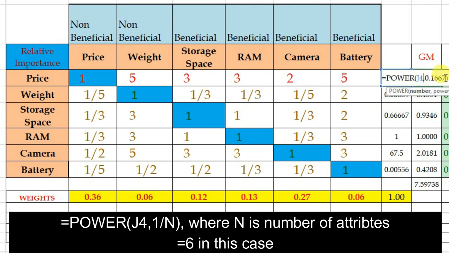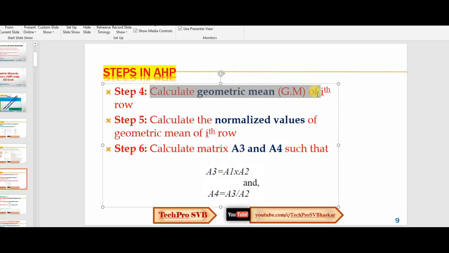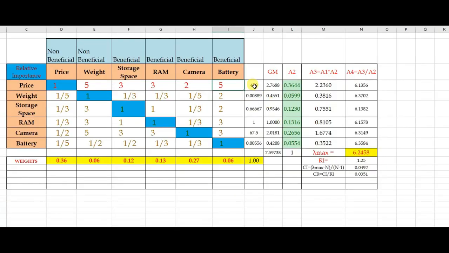So how is it calculated? 1 by n in this case is nothing but 1 by 6, because in this case we have got 6 attributes with us. Then next is to calculate the geometric mean. For calculation of this geometric mean, I have actually taken, first of all, the product of all these row cell